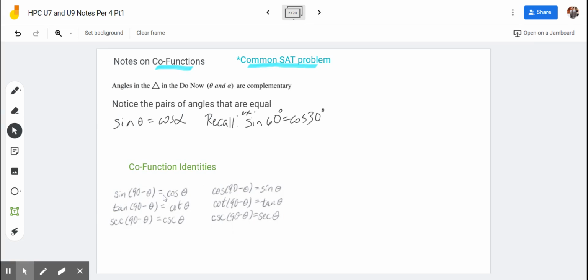Sine of 90 minus theta is the same as cos of theta. Cosine of 90 minus theta is the same as sine, and then the same will be true for the other cofunctions, tan and cotan, secant and cosecant. And I just want to also add an additional note, because this is in terms of degrees, but we can also add a note that we can also use